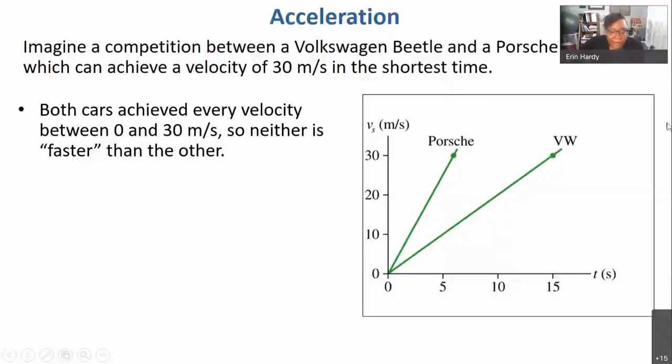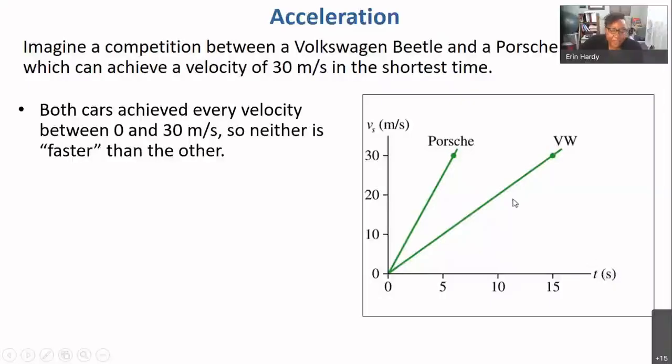So let's imagine that we've got two cars, a Volkswagen Beetle and then a Porsche, that are both going to go from 0 to 30 meters per second. We want to see which one's going to get there first. It would be an excellent guess that the Porsche is going to reach this speed in a smaller amount of time than the other one, because the Porsche, this is a sports car, it's manufactured to be able to accelerate in this fashion, whereas the VW is eventually going to make it to 30 meters per second, but it's going to take a